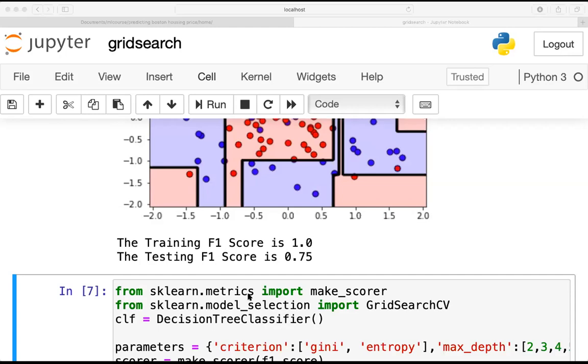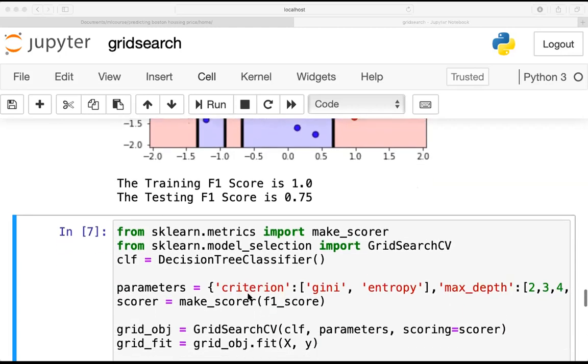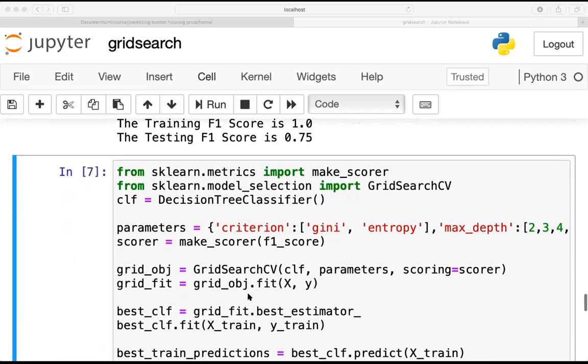Now we will use grid search to find the best combination of the parameters.